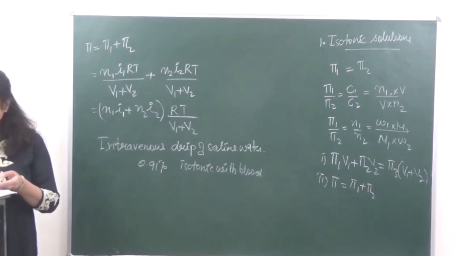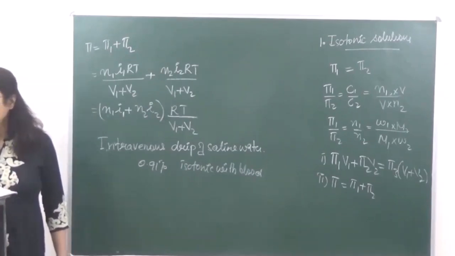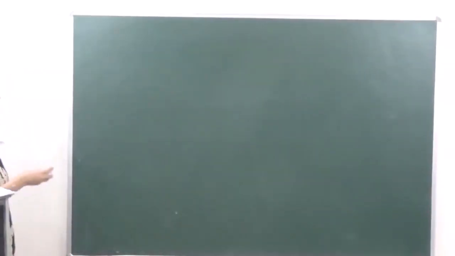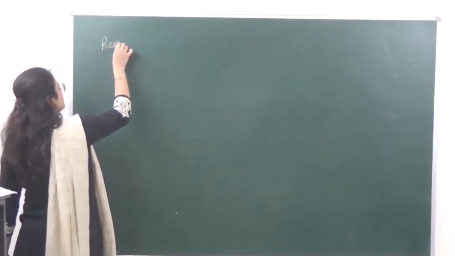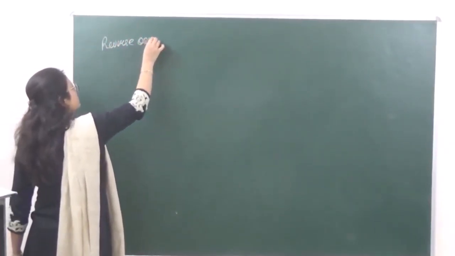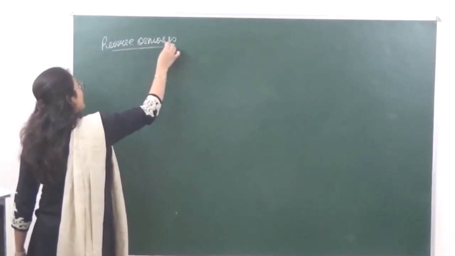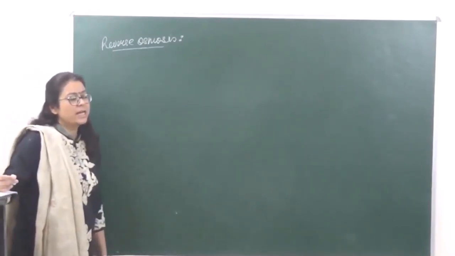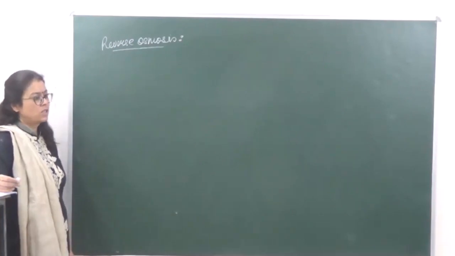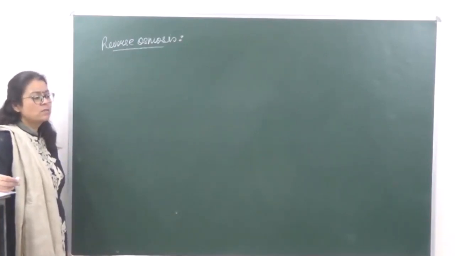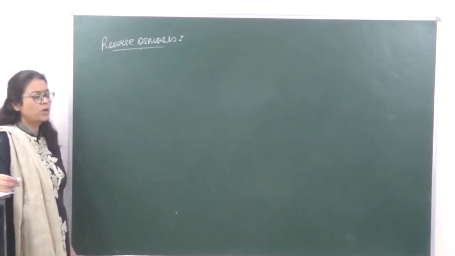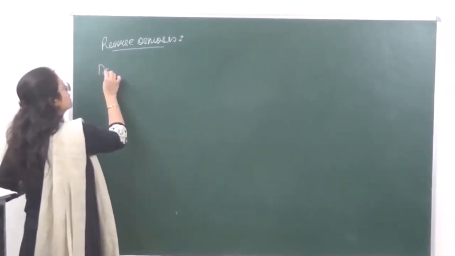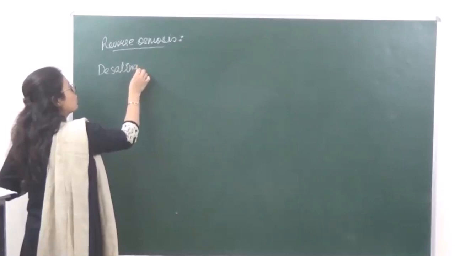In the next section we are going to discuss a few questions. Okay, there's one thing left over here, which is reverse osmosis. What is reverse osmosis? As the word itself suggests, over here we are going to exert pressure from outside such that the process of osmosis is reversed. Right? This is also known as RO systems. The water which we drink these days, the RO water, that is reverse osmosis process only. An example which we can take over here is desalination of water.